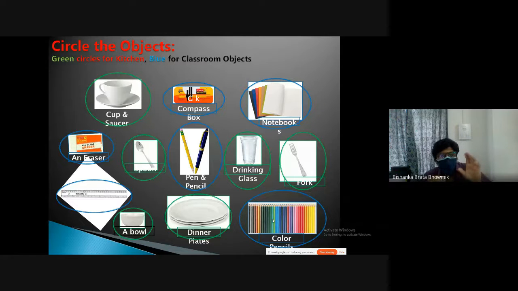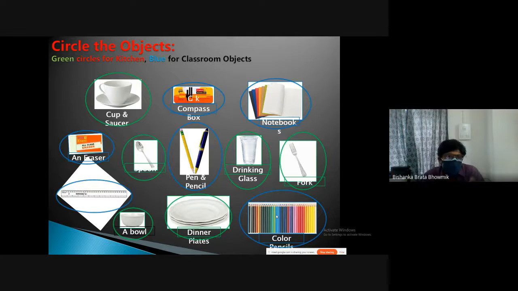So they will take this cup and make a green round because it belongs to our kitchen. If they see these notebooks, because they are going to school, these notebooks are used in the classroom, so this belongs to the classroom. These color pencils they use in the classroom, so they are able to segregate all these things based on their logic.